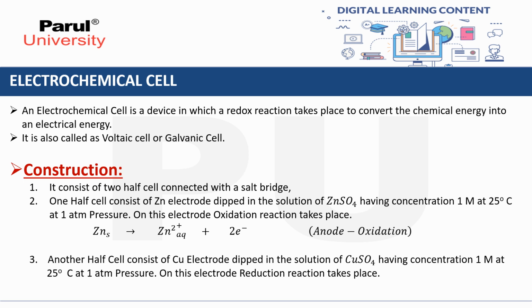Another half cell consists of a copper electrode dipped in a solution of copper sulfate having a concentration of 1 molar at 25 degrees centigrade and 1 atmospheric pressure. On this electrode, the reduction reaction takes place and the copper ion gains 2 electrons and is converted into copper, which behaves as